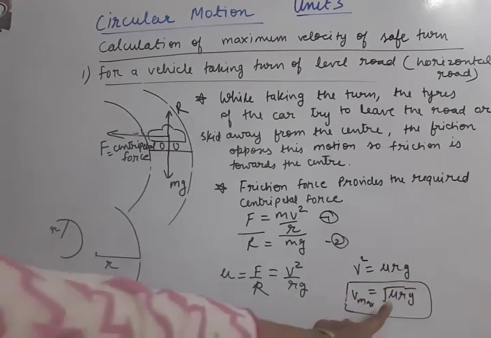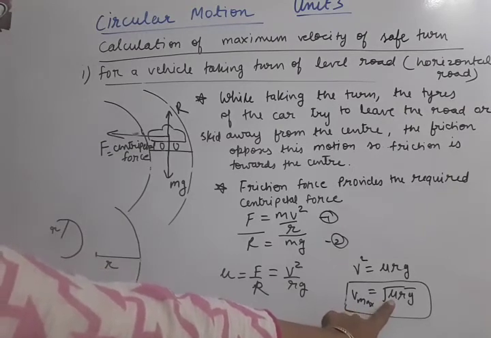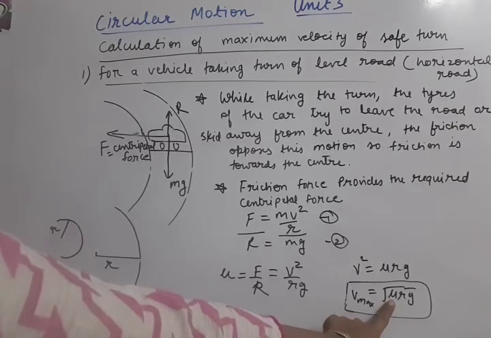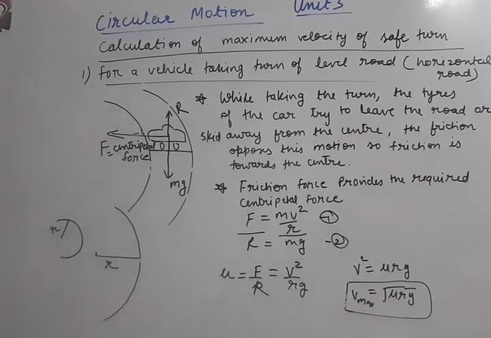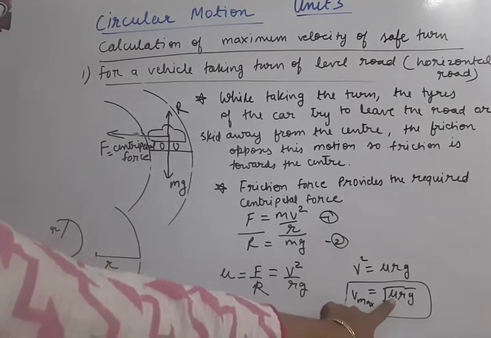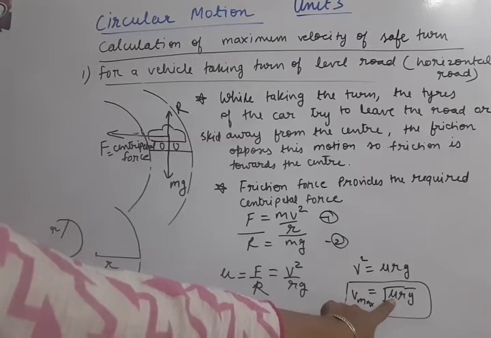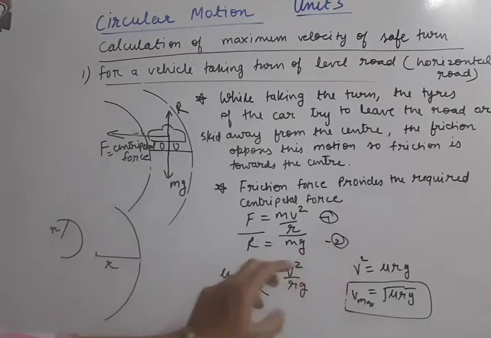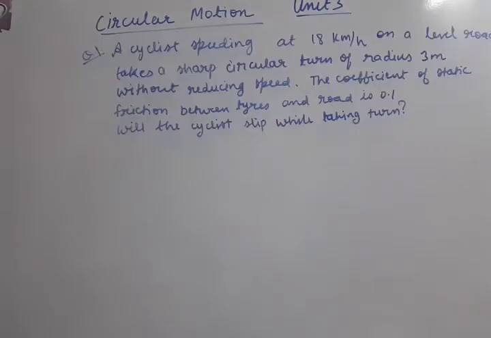Okay, and obviously the second factor is the coefficient of friction. So if the road is rough enough, that means more friction, so we can use more velocity. If the road is very smooth, that means less friction, less mu, then we also have to use less velocity to take the turn. So these are all the factors which decide the maximum velocity. Practice a numerical related to this case. Note down the derivation. Now we have a question based on the previous derivation.